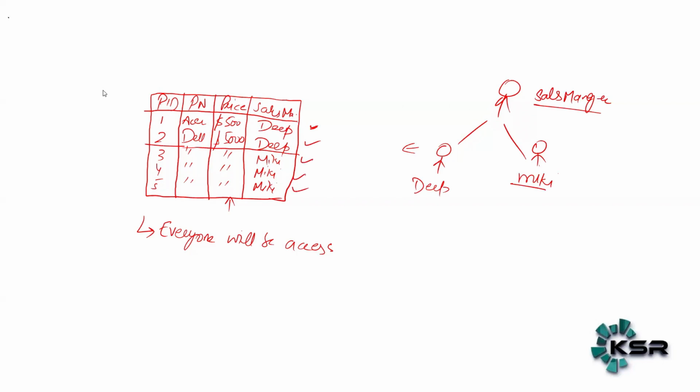If the sales manager logs into the report, he is the manager of these two guys, so he will be able to see all the data present in the dashboard. This can be achieved using Power BI RLS, that is row level